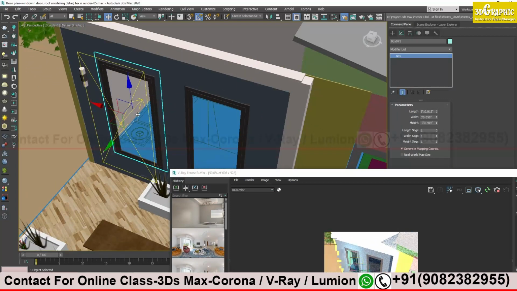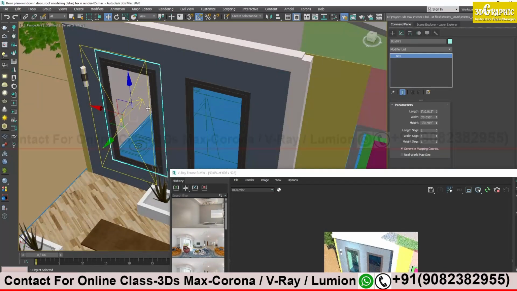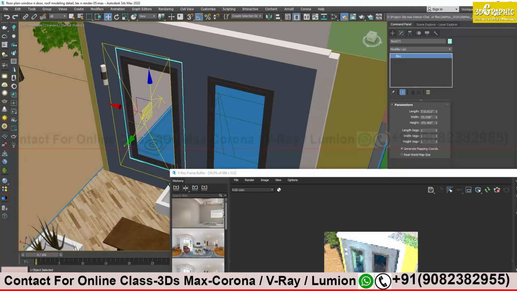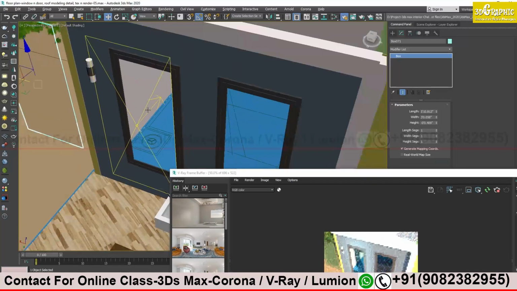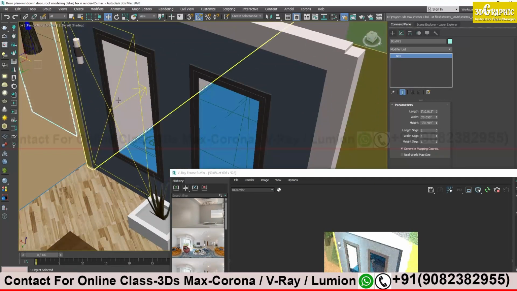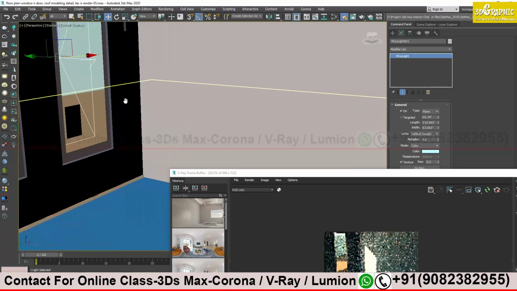But we need to move this glass. You see the glass we have created, this will block the lighting. This glass will block whatever comes in the way, the lights and all. So we have to move the glass. Let me keep it aside and let the light enter the room through this plane light. So let me go inside the room quickly.